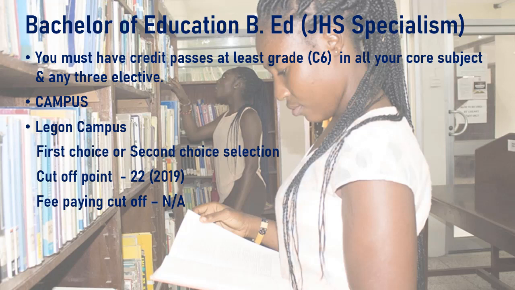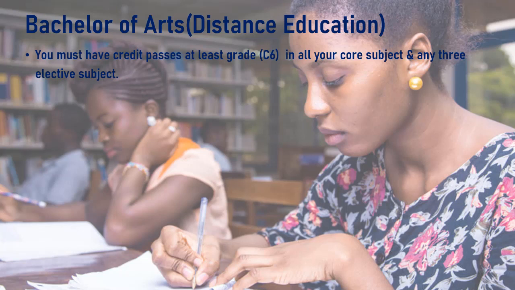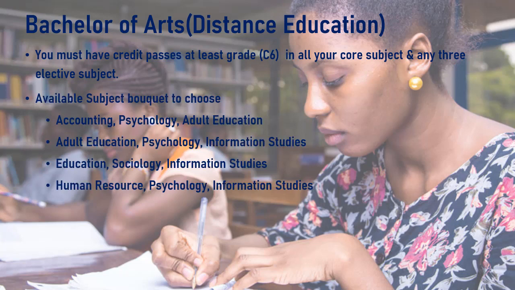The cutoff point for last academic year was aggregate 22 and the cutoff point for fee payment is not applicable. Bachelor of Arts Distance Education, and the requirement is you must have credit passes at least grade C6 in all your core subjects and any 3 elective subjects. The available bouquet under the Bachelor of Arts Distance Education